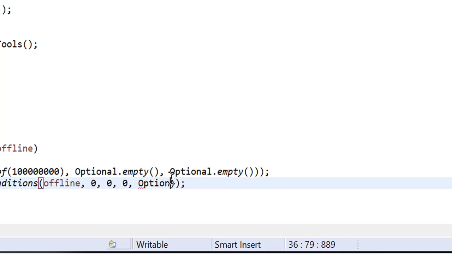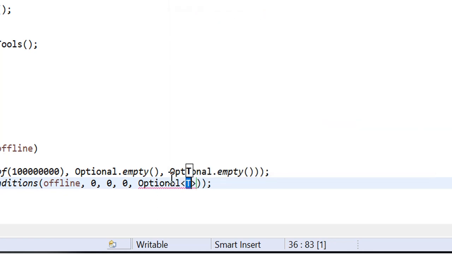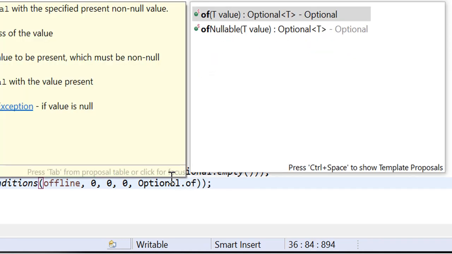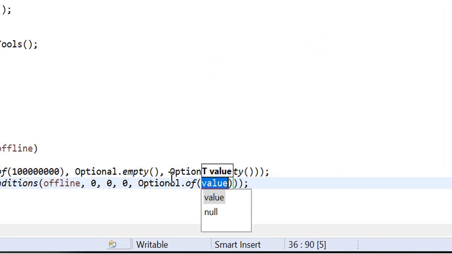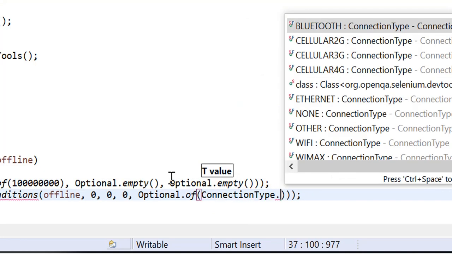And connection type, we can pass here as well, with Optional.of, and connection type dot, we can select any one like Bluetooth, cellular 2G, cellular 3G, 4G.